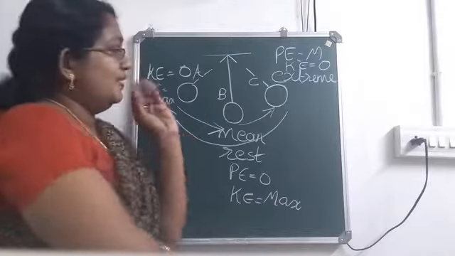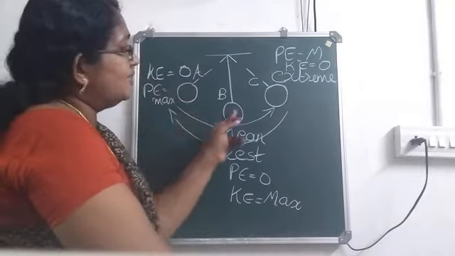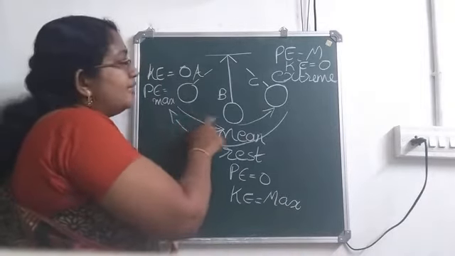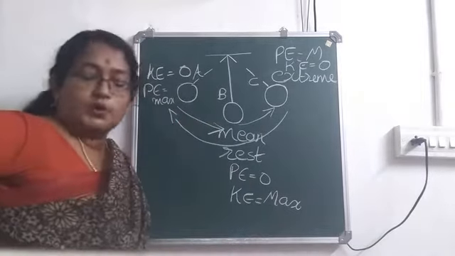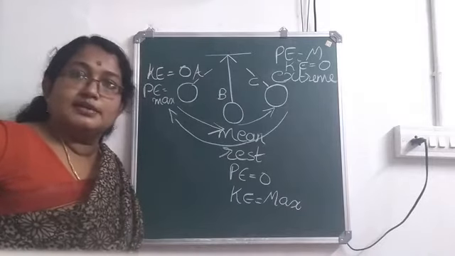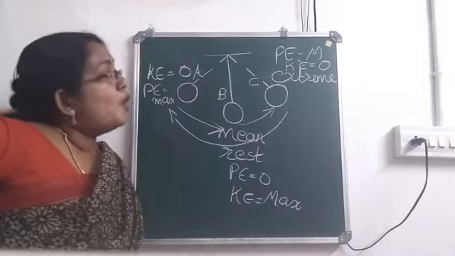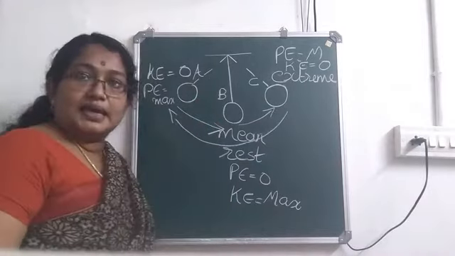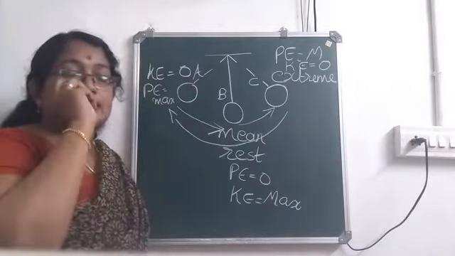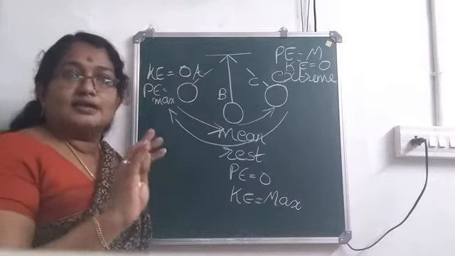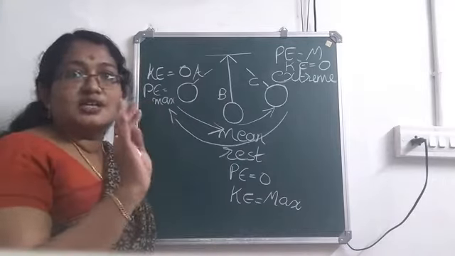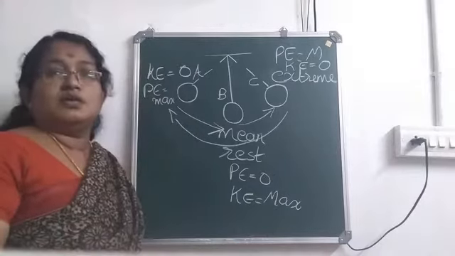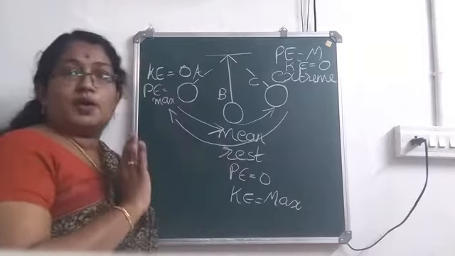So we discussed kinetic and potential energy at 3 different points. What about in between A and B, or between B and C? What energy will be possessed by the bob? It possesses both kinetic as well as potential energy in between A and B. And when you check at any point, the total energy, kinetic plus potential, is the mechanical energy, isn't it? Total mechanical energy will be a constant, the same at any point.